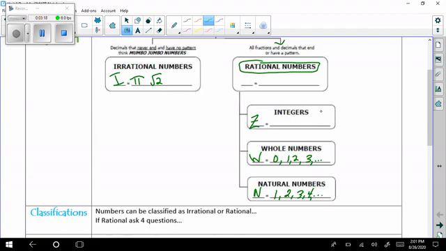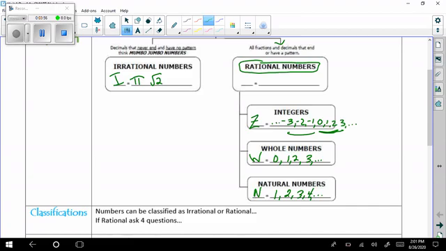So the integers are going to be negative and positives. So let's do negative 3, negative 2, negative 1, 0, 1, 2, 3, and so on. If you notice, it includes the 0 and the 1, 2, 3 is the positive. So we have the counting, natural numbers. We have the whole numbers, which include the 0. And now all we're doing is we already have that part. We're going to just include those negatives to make them integers.